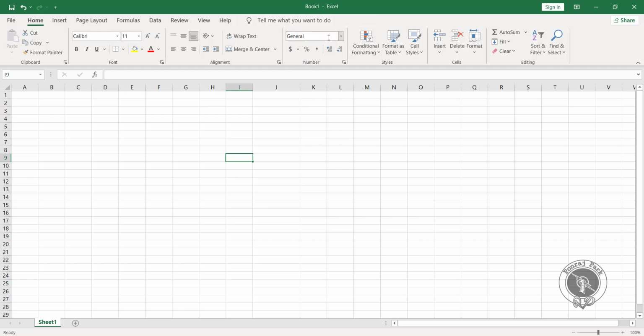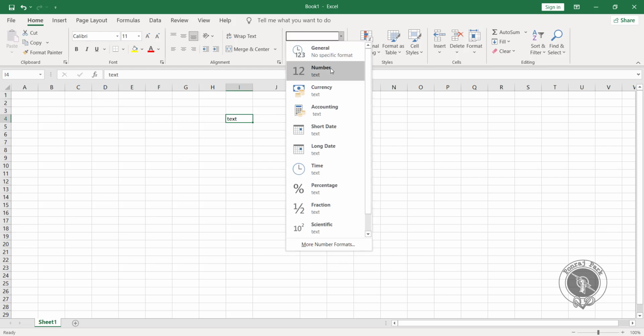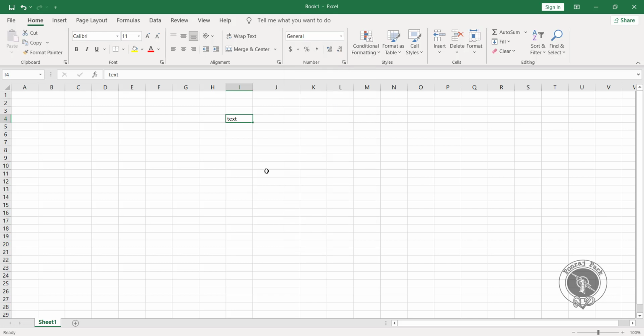First of all, here we get General. Whatever you enter in Excel, like whatever I'm entering, is basically in general format. Next, whatever changes you want to make, you have to convert that into number, currency, or here we have different formats available, so you can use any format in which you want to convert that.